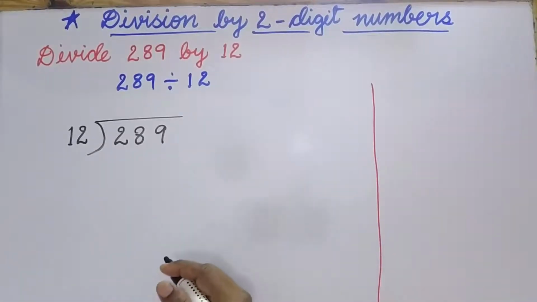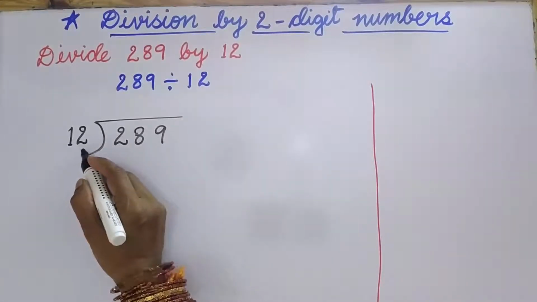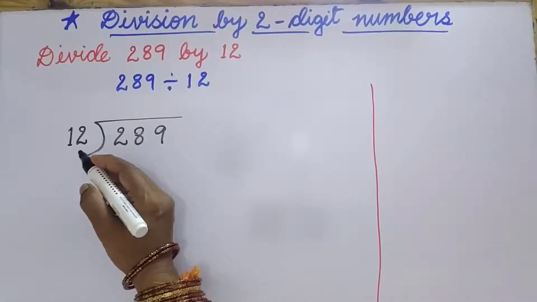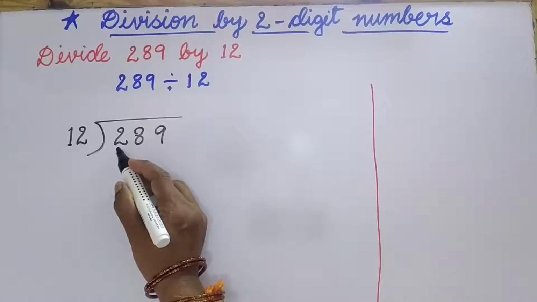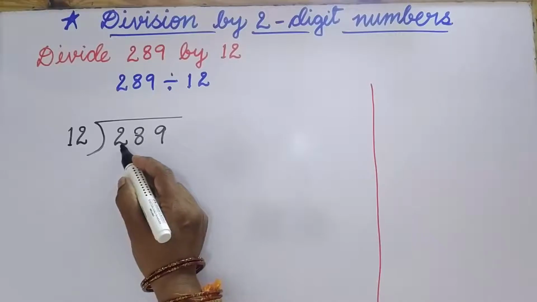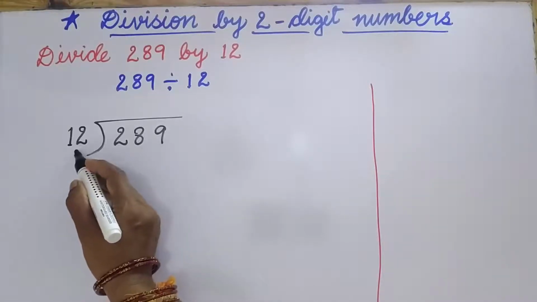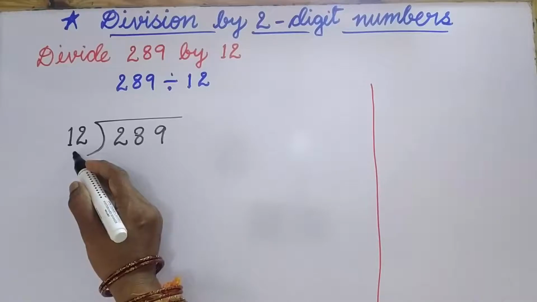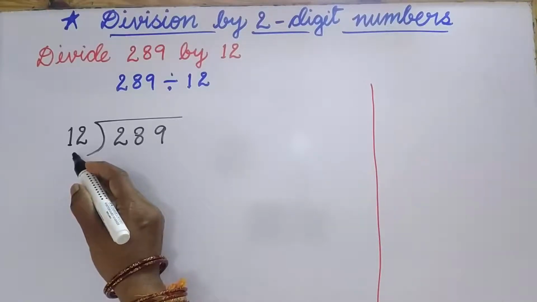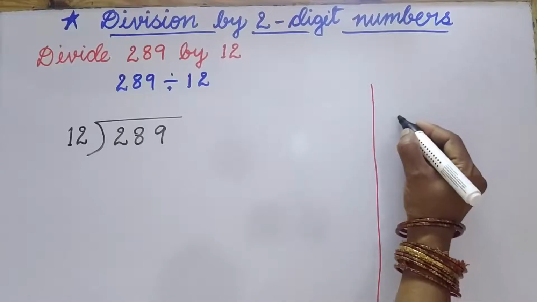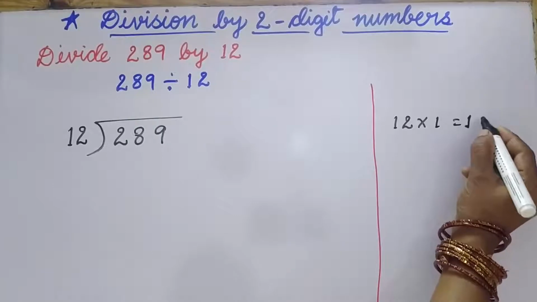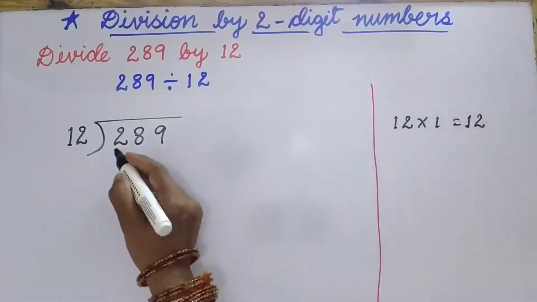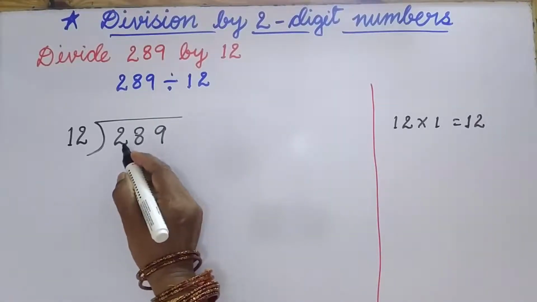Yeah, we know how to divide, but here we have the divisor as a two-digit number. Okay, so division should start from the highest place, that is from 2. One thing we should keep in mind, when we can't divide the number, let us start with the 12. So as I have told you many times, you must practice the table. So let us write the table of 12 by the side. Okay, 12 ones are 12. Here we have 2. Is it possible to divide?